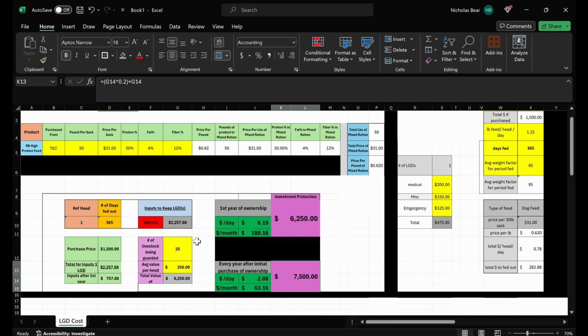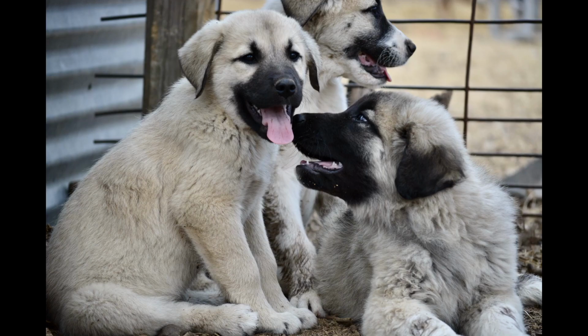So that one dog, obviously, is going to be protecting 25 head plus some kids, right? Well, then you have to start thinking about getting another dog. We always advise, we like to see dogs in pairs. That's how we run them. Some people run them in singles. That's totally fine. But I just wanted to put this together really quick to show you guys it is not a lot of insurance to protect your animals when you're thinking about buying a started to finished dog,